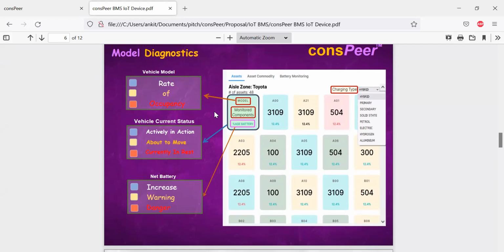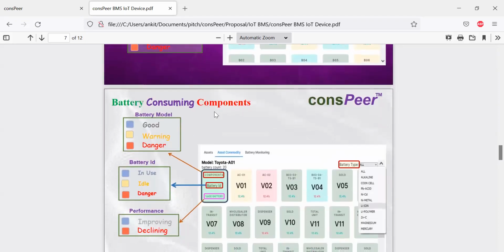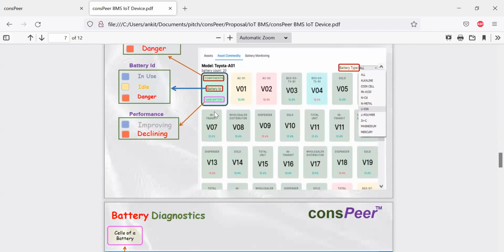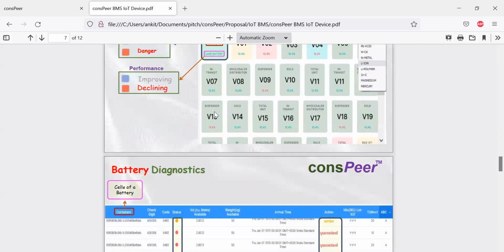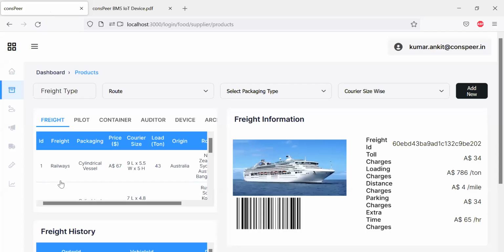They show the rate of occupancy of the vehicles, frequency of use, whatever the data science part, the analytical part, the decision making part. So you get a battery, type of battery, so these colors. And then diagnostic, those you were getting, like container, and in containers you were getting